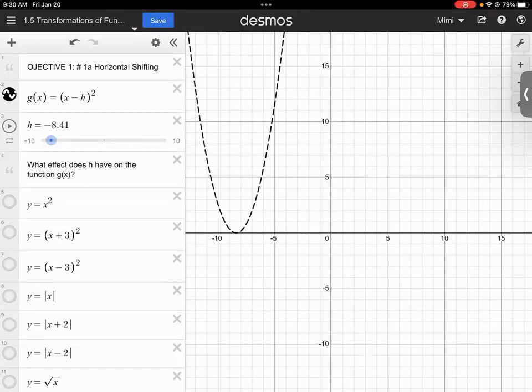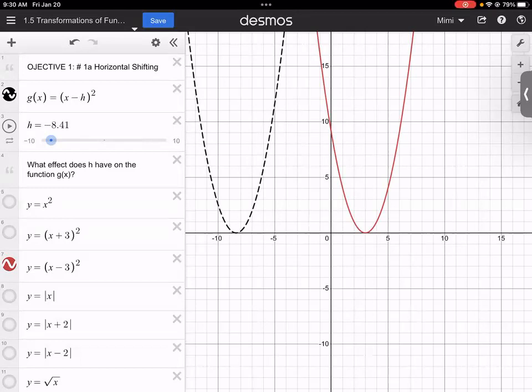So that's my general function. Now, if I compute h equals 3, then this is equal to what? X minus 3 squared, right? When h is positive, I have x minus 3 squared, and it is going to shift to the right. When I compute h equals negative 3,